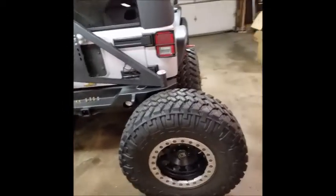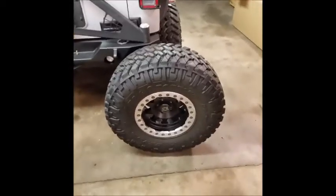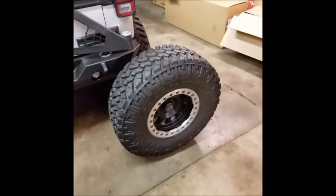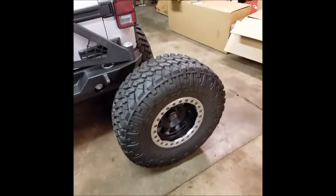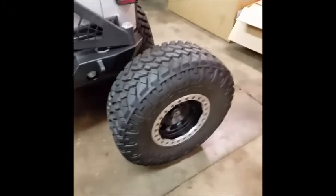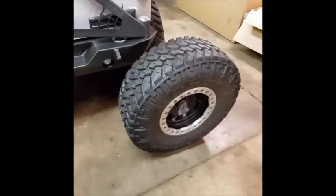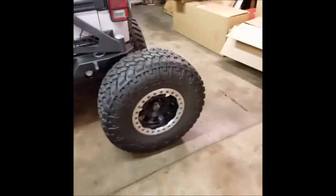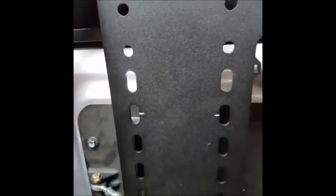So we have a 37 by 12.50 Nitto Trail Grappler mounted to a 17-inch AEV beadlock. This unloaded measures out to just over 36 inches, 36 and a half, somewhere around there. What they tell you to do is cut that in half and then add an inch. So it would be 18 and a quarter plus an inch, which would set us to those set of holes